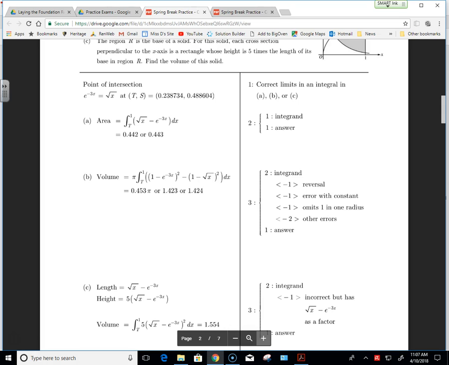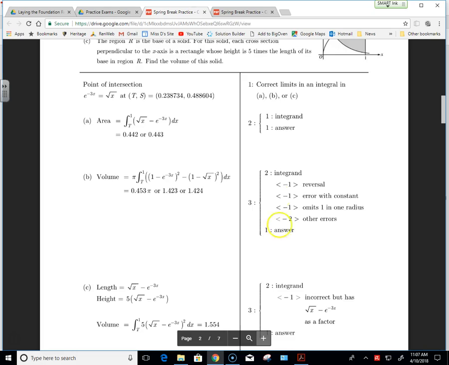Even BC kids do this. If you wrote the integral without a dx, even if you got the right answer, what are they going to do? Take off a point because you wrote it incorrectly, right? So you have to grade yourself harshly so that you're not making little mistakes that are going to take points away or answers away from you, because they have to say if there is incorrect work shown, I cannot give